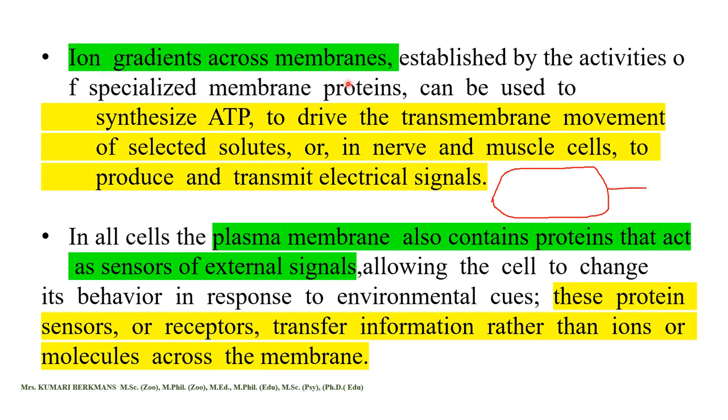Ion gradients across the membrane: ions cross the membrane and go outside, as well as materials from outside which cross the membrane and come inside. How it takes place we are going to see in this class. So it can be used to synthesize ATP and to drive the transmembrane movement of selected solutes, which happens in the nerve cells as well as the muscle cells. Nerve cell, in the sense, is the neuron,